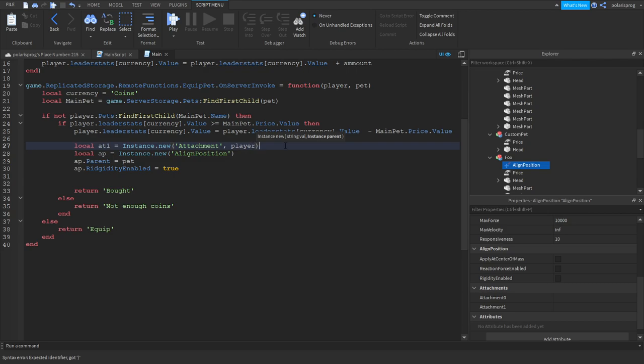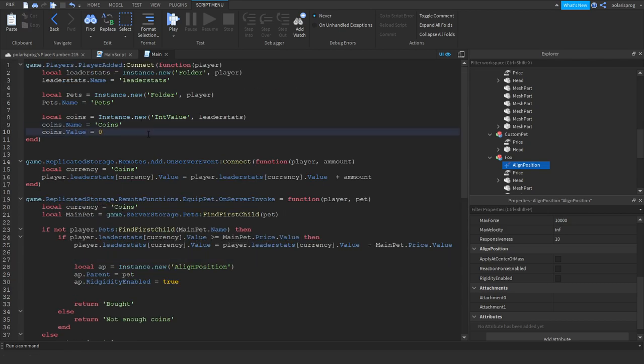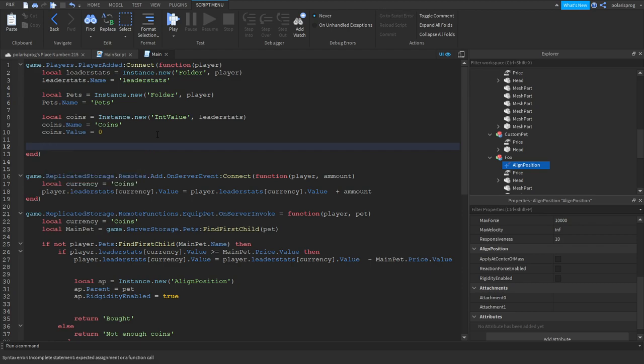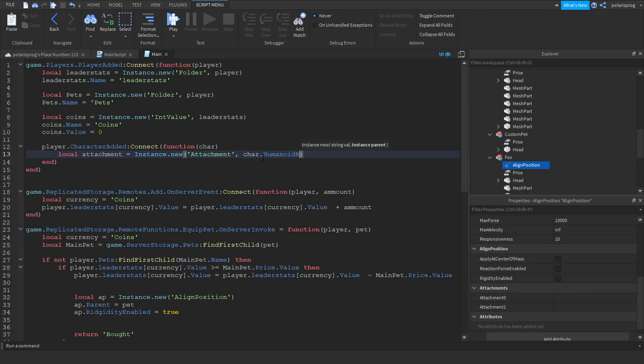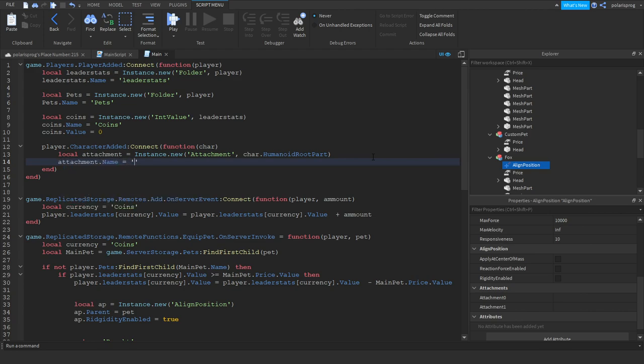Actually, before we do this, let's just put it here. So in the player added event, we're going to do player.CharacterAdded:Connect, and we're going to do a function, and we're going to do char for character, and local attachment is equal to Instance.new Attachment, character.HumanoidRootPart, and attachment.Name is equal to CharacterAt,